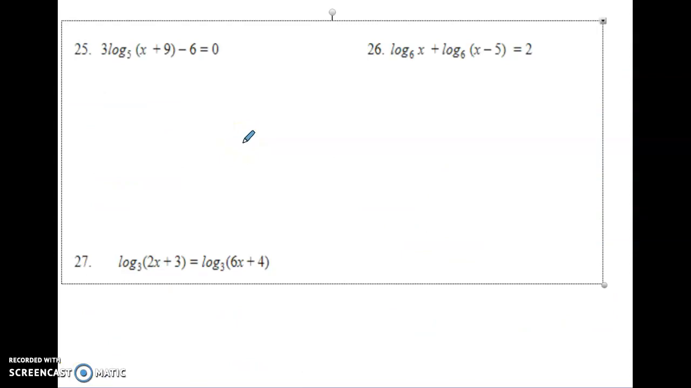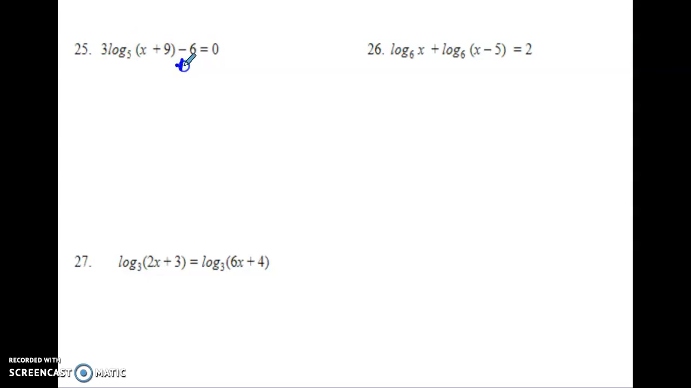Number 25, we're still solving, so we're still trying to find the value of x. So we're just going to work our way to get that x all alone. First thing to notice is that negative 6, so if I add a 6 to both sides, that will move it over to the other side of the equation. And now I have this 3 log base 5 of x plus 9